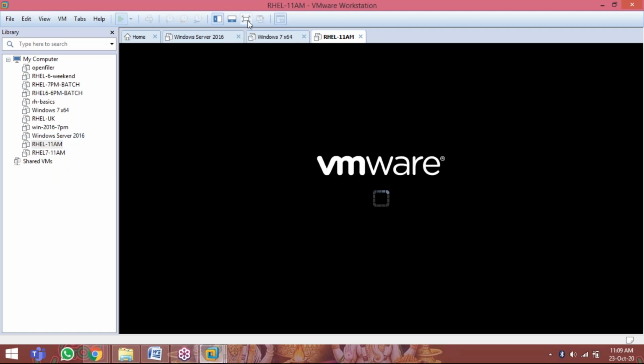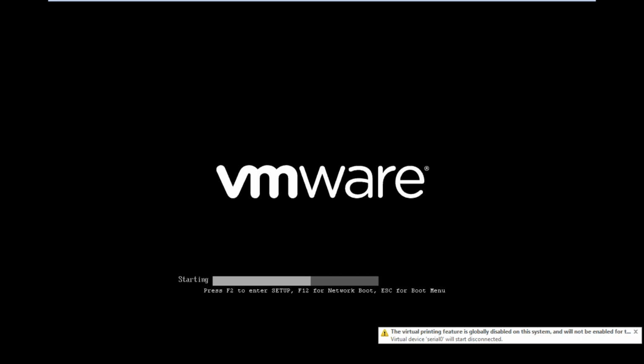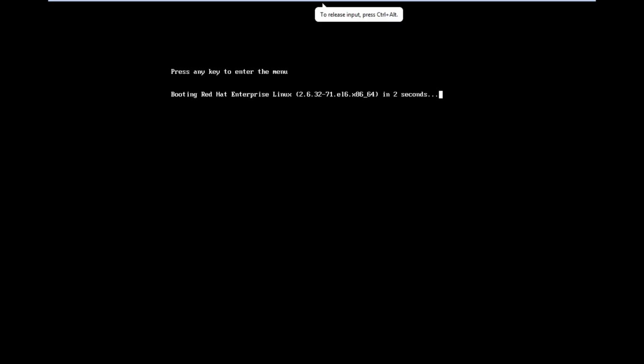Power on the machine. After installation, it will ask you to reboot the system.